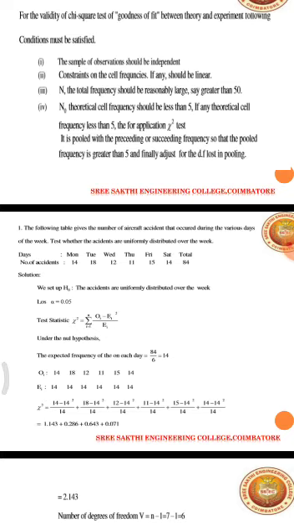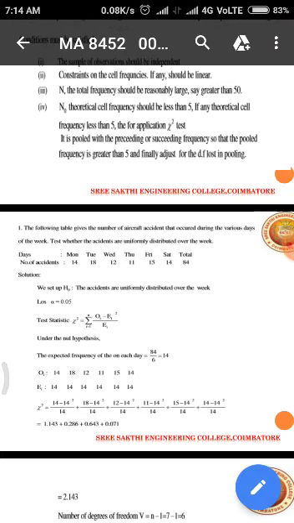So that is like a weekly problem. We need the average accident for a day, that is the total value divided by the number of days. Finally you will get 14, the average accident for a day. First we set up the null hypothesis H0: the accidents are uniformly distributed over the week. Then the alternative hypothesis H1: the accidents are not uniformly distributed over the week. As usual we consider a level of significance alpha equal to 0.05, or 5% level of significance.